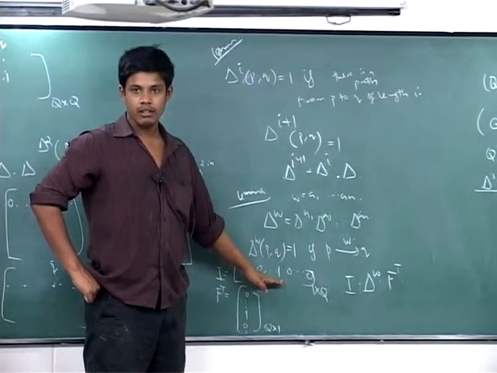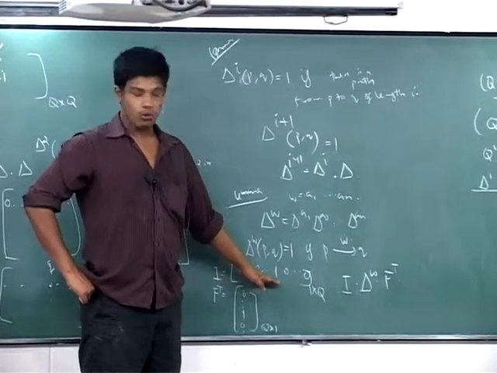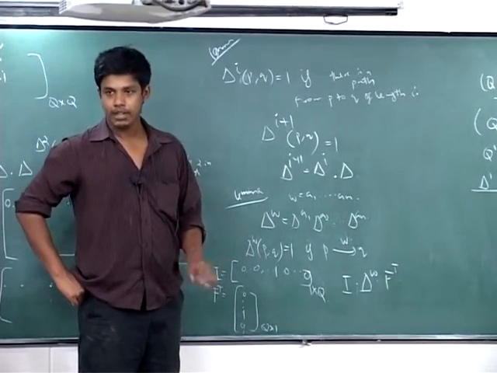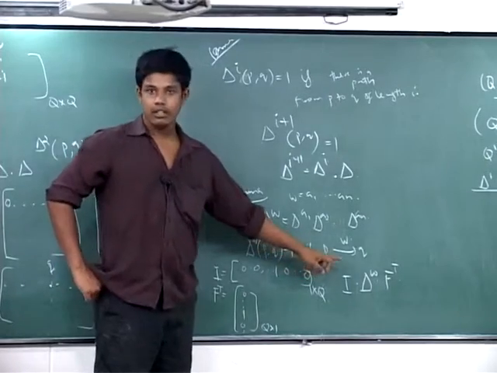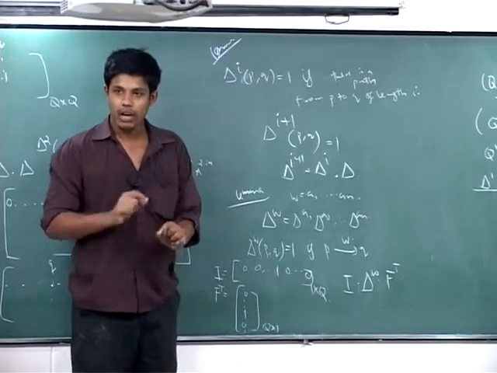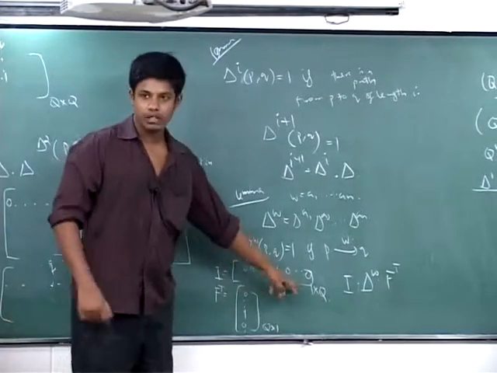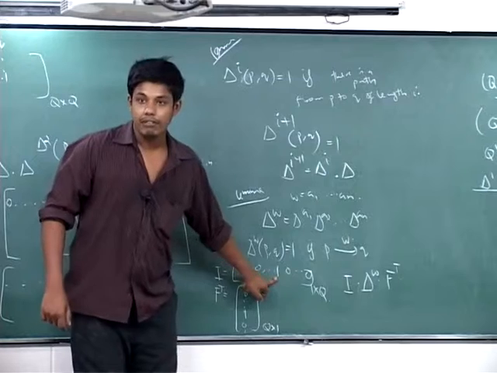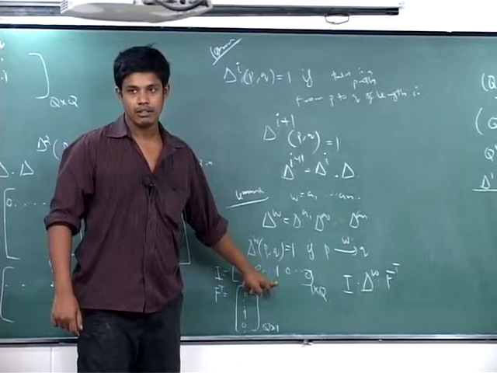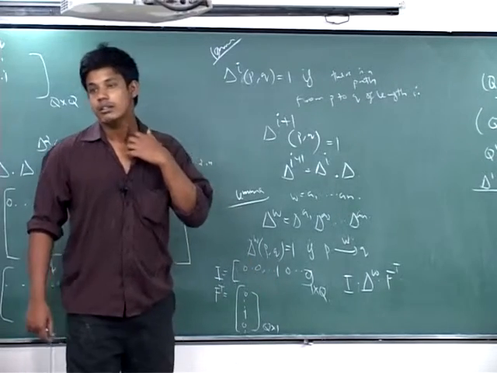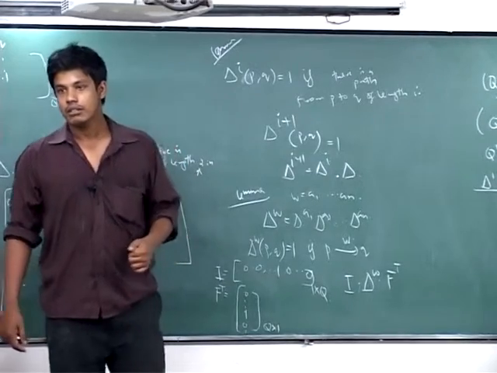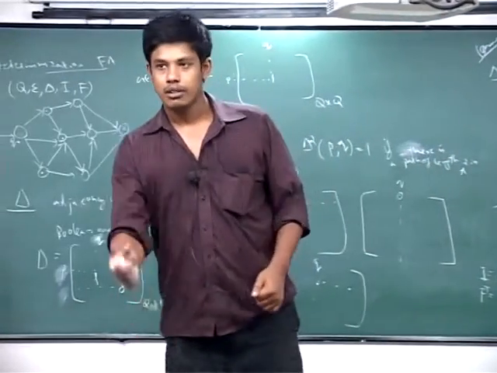I is 1 cross Q and delta power w is Q cross Q, so I times delta power w will be 1 cross Q. Then I times delta power w times F transpose will have a 1 if